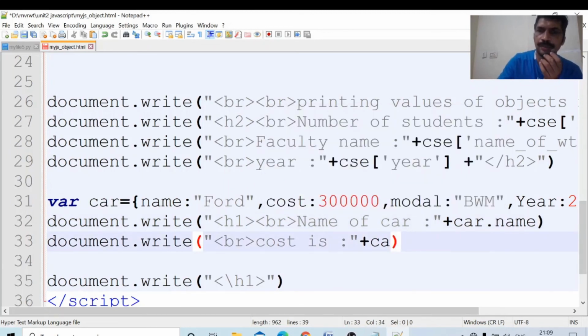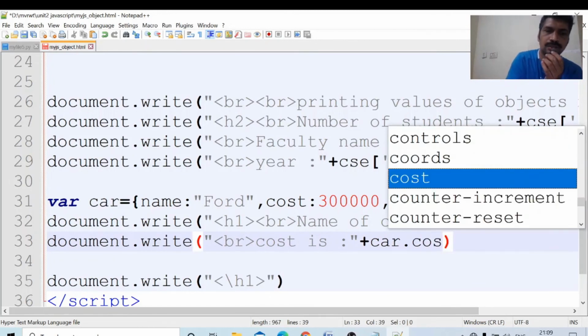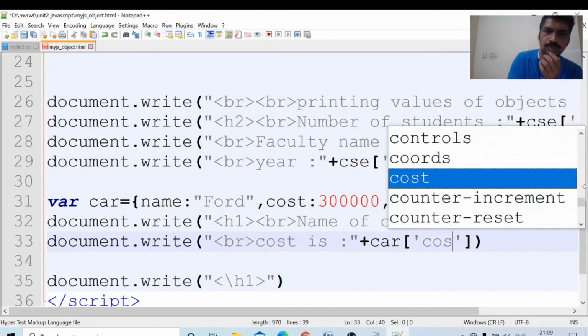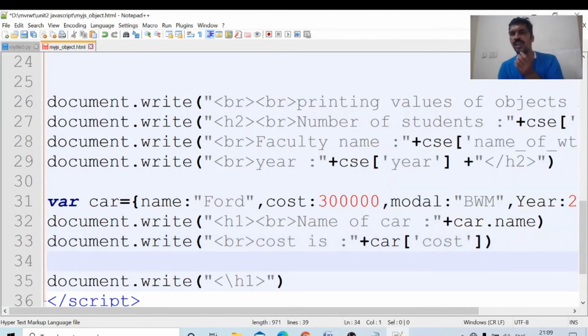Cost is, okay, H1 is not required, just a break tag, within the next line it will come. Here also keep a break tag, the next line it will come. How to get the cost? Car, this is the name of the object, car.cost.